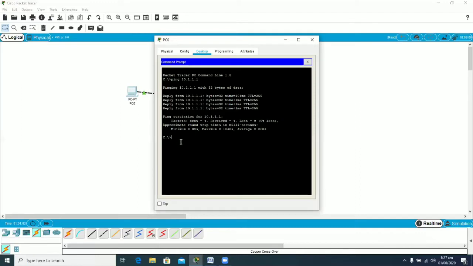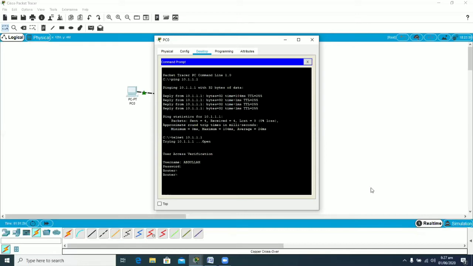For this purpose, I am telnetting to 10.1.1.1, and this is now the telnet connection open from my router, and it is asking me the username. I have created two usernames, Farhan and Abdullah. I can use either of them. Let's say I am using Abdullah this time, Abdullah, and the password was Abdullah1.